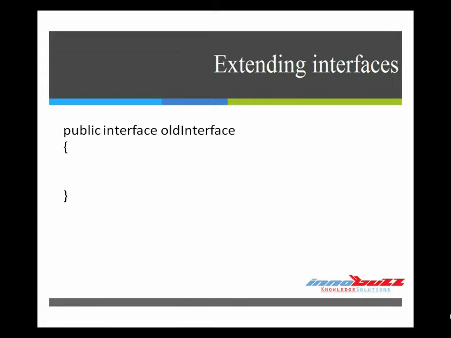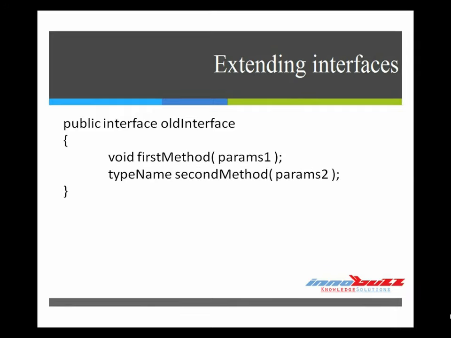Why is it important? We have an interface, for example, here. I call it old interface. It has got two methods here. The first is a void, the second has some kind of return type. And this is how we created this interface lately. And of course, there are some classes who implement this, but later on we think that we want to